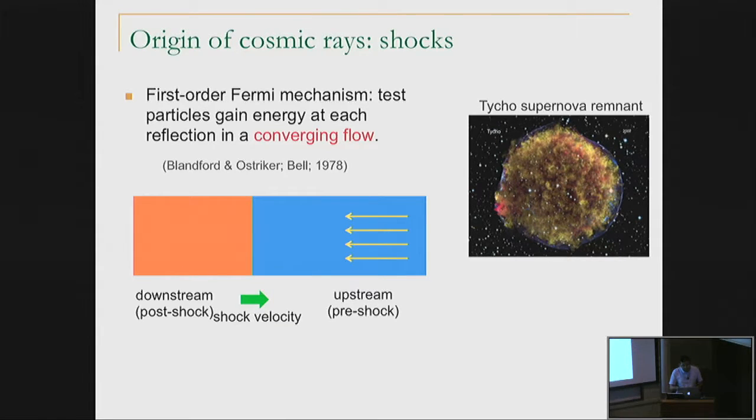And the basic physics behind particle acceleration in shocks is the first-order Fermi mechanism, where when you have a shock, it automatically has a converging flow across the shock front, and if your particles can bounce back and forth across the shock front, they can gain energy in such a converging flow. But notice that if the shock is perfectly laminar, then because cosmic rays are collisionless, and there's no turbulence, the particles just travel along the magnetic field without doing anything. Right? In order to bounce back and forth,